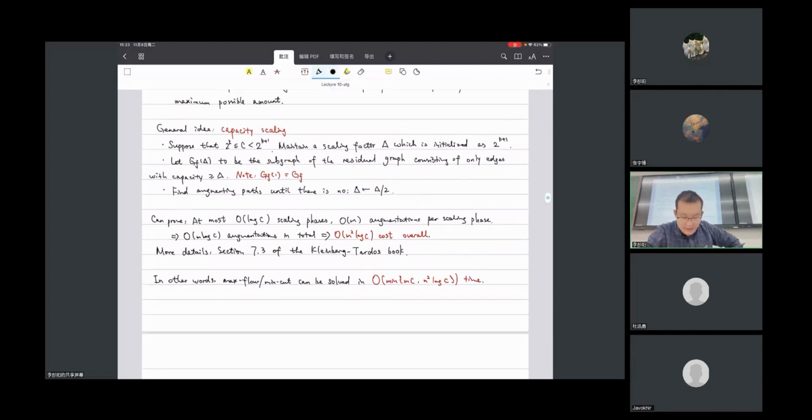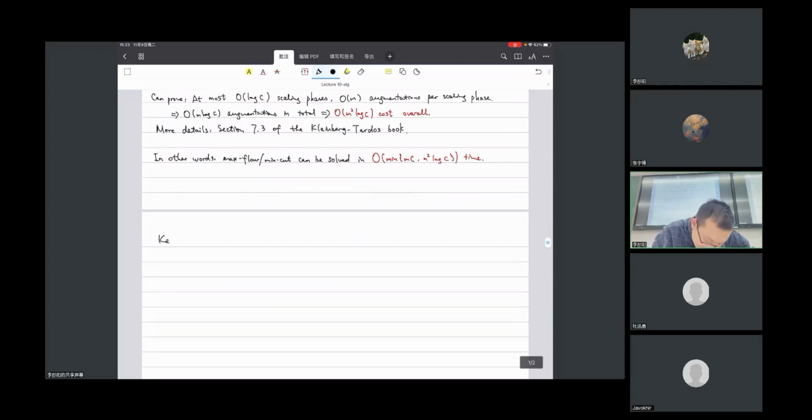It depends on what we call a further improvement. For this idea based on capacity scaling, we can prove that the number of augmentations in each scaling phase is O of M. In some cases, if you look at this minimum here, if M is much larger than N, then after using capacity scaling you may even be not as good as the original algorithm. But the key point is that,